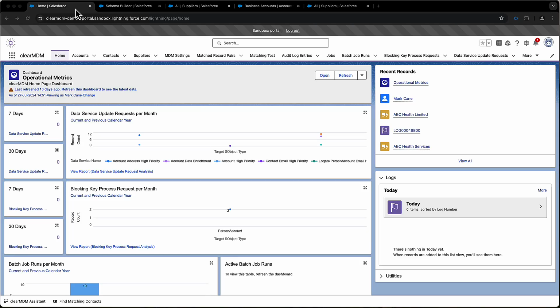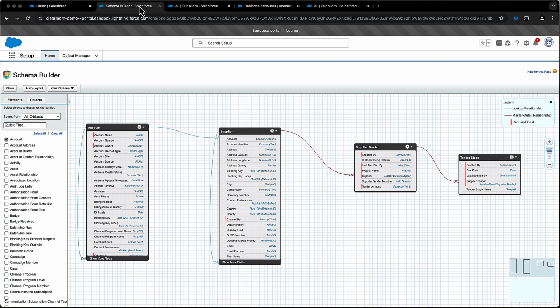This demo video shows how cascading MDM works in Clear MDM. So just a quick check of the data model first. Here we can see we have a hierarchical relationship starting with account, through supplier, through the supplier tenders, and then tender stages. So what we're going to show here with cascading MDM is that where we have duplicate accounts